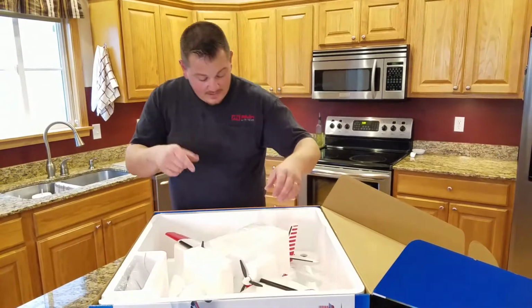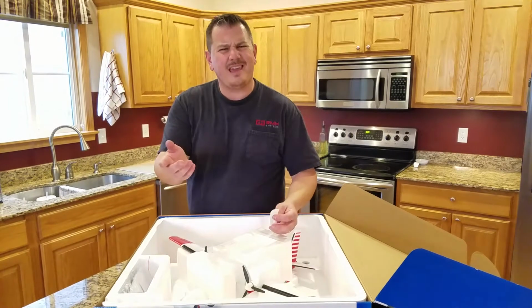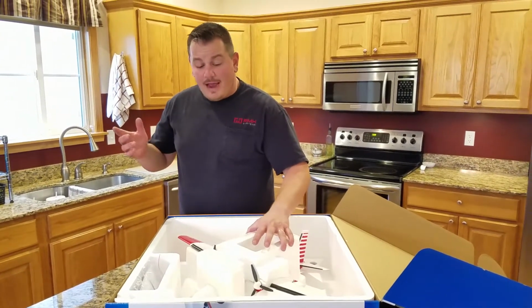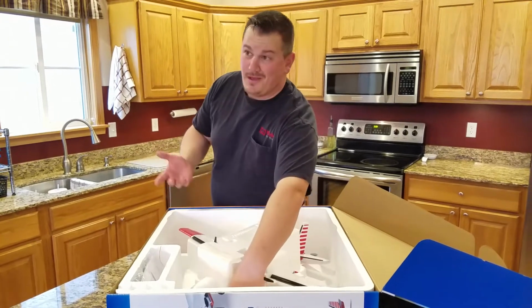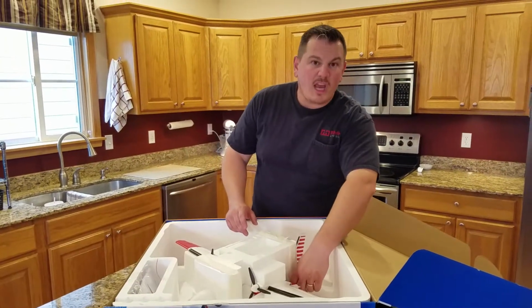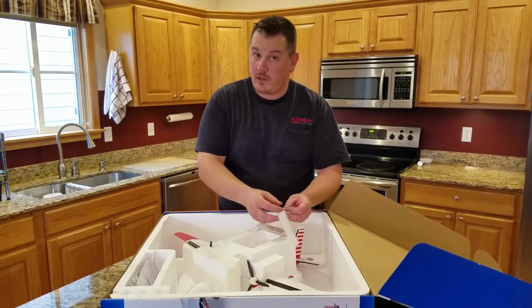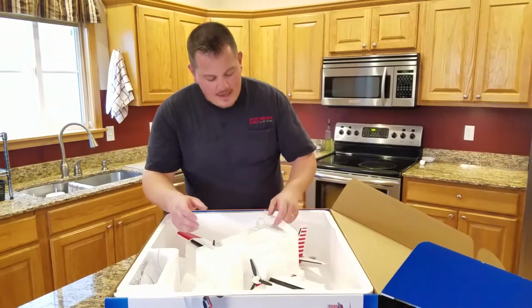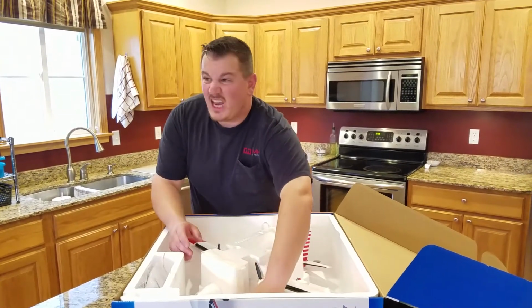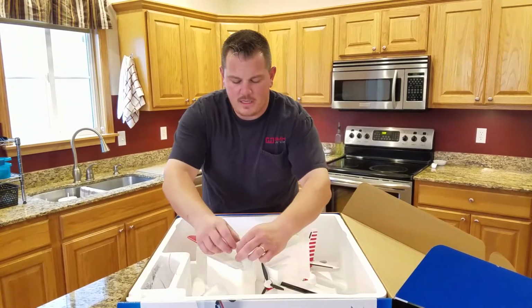Keep the stuff, because these are really good packages to transport your UMX planes, which you would think, interestingly enough, UMX planes are hard to transport. Because I take them out of the packages, and a big plane holds up a little bit better to a bump when you're braking or if the plane shifts. These things do not, because they're very thin. That being said, I don't usually drive anywhere and fly these things. These things pretty much fly here. And then occasionally I'll take them somewhere for fun, but...